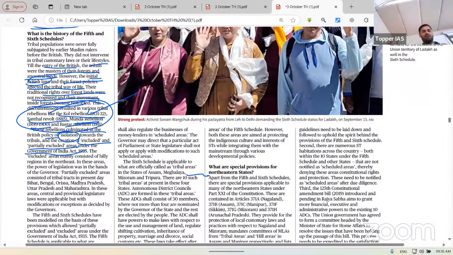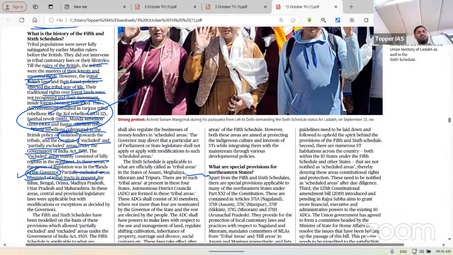Right. So the excluded areas mainly consisted of two types: excluded and partially excluded. Excluded means hilly regions in the northeast. Remember it. Which are the excluded areas? Hilly regions of the northeast. In these areas, the power of legislation was in the hands of the governor. But this was in the 1935 Act, not the present governor. Partially excluded areas consisted of tribal tracts in present day